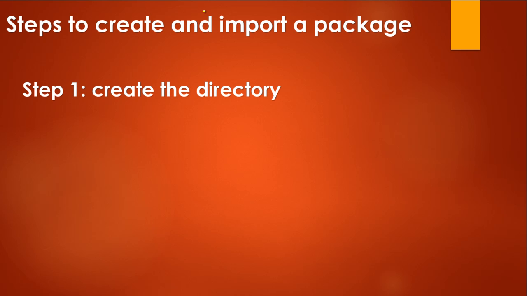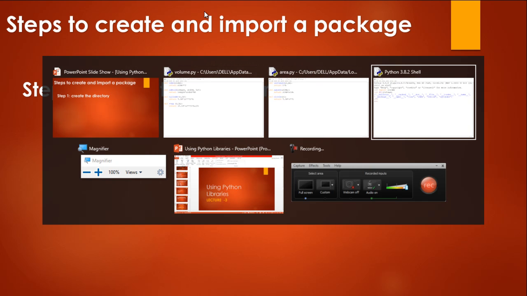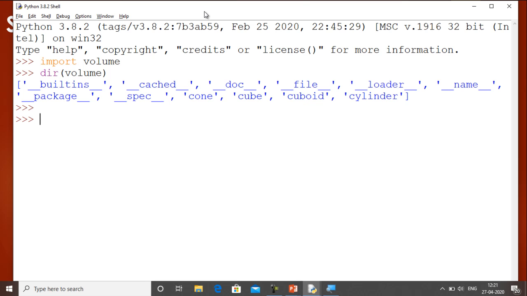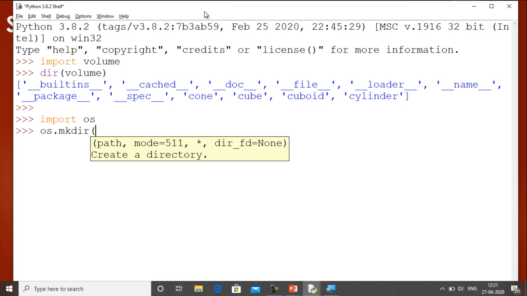So let us start with it. This is my Python interactive mode. First I have to import a module, that is os. The os module basically helps me in creating a directory, or you can say a folder. So how can we do that? os.mkdir, right? And suppose we give the name of this directory as shapes.